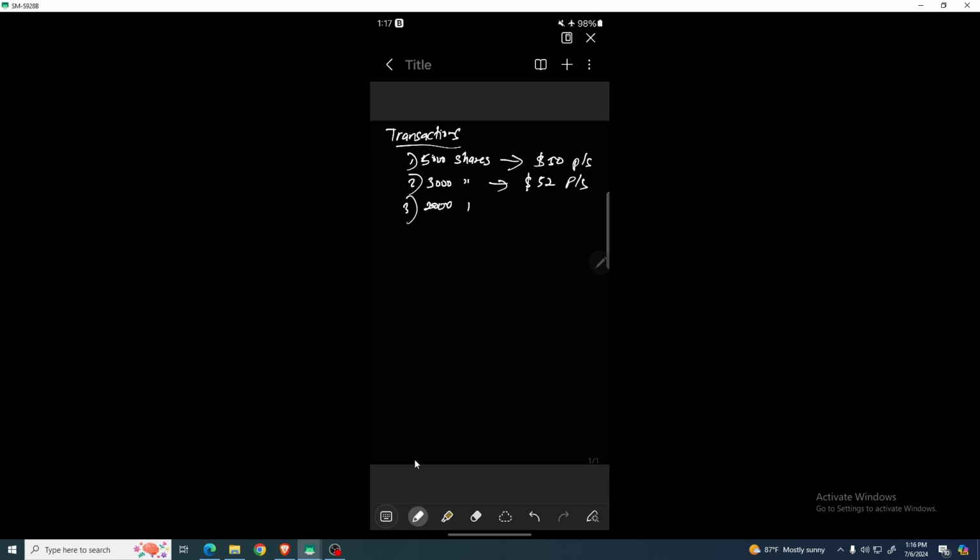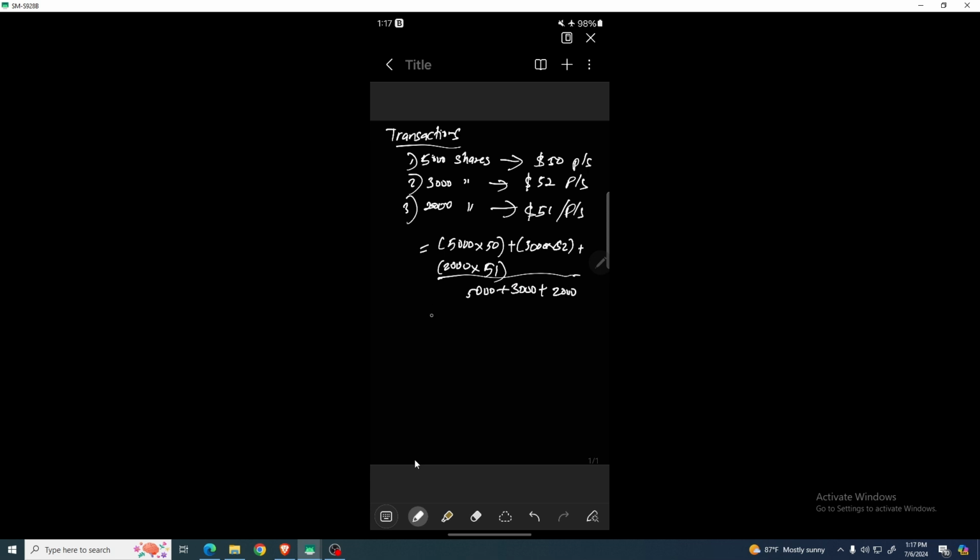3, 2,000 shares were sold at $51 per share. So what's going to be the average transaction price if you are going to base your valuation on these three prior transactions? So your average price is going to be, this is quite easy, but I will quickly show you the steps. 5,000 into 50 plus 3,000 into 52 plus 2,000 into 51 divided by number of shares, 5,000, 3,000, 2,000, and